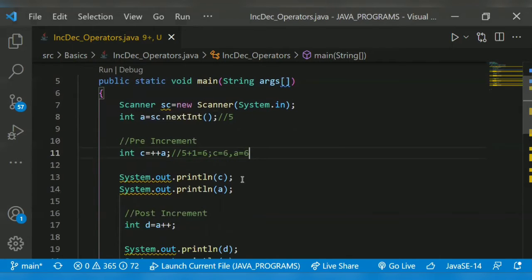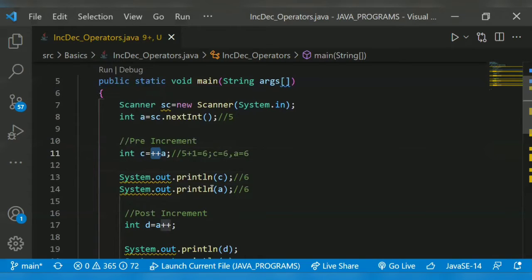Here the output will be the value assigned in c. c is assigned 6. Then System.out.println a is also 6, because a is also incremented here.